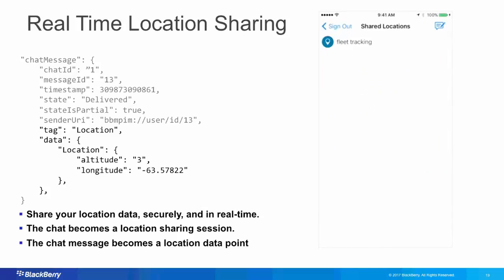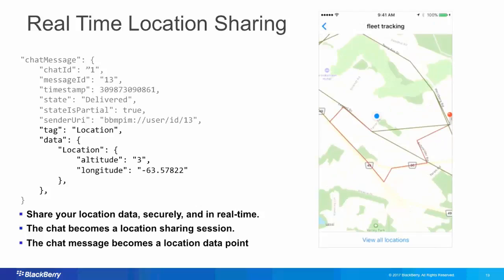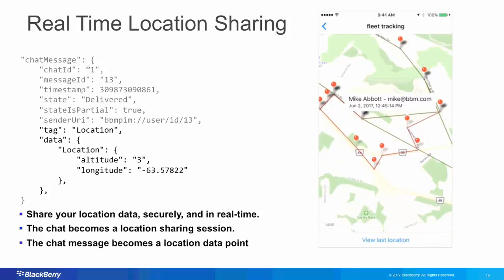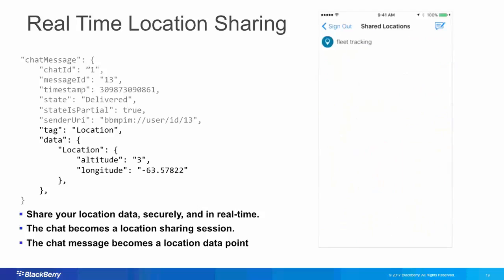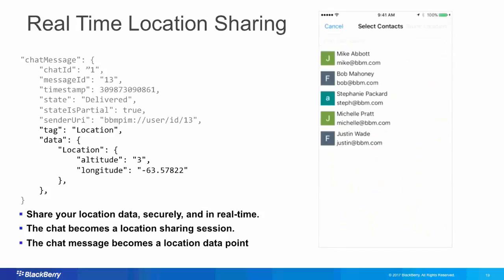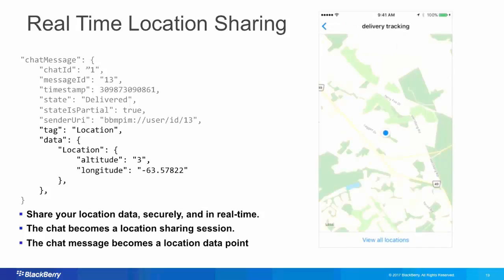Now we're getting into the non-traditional chat applications, and the SDK can be used really to develop any sort of application that requires real-time communication. So this is the location sharing app, and it basically shares the location of a user in real time with others securely. So if you can think of a chat as a location sharing session